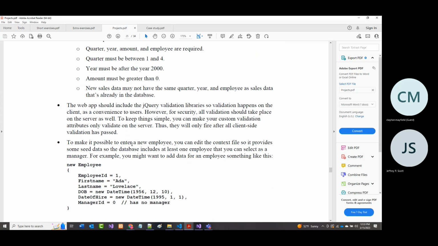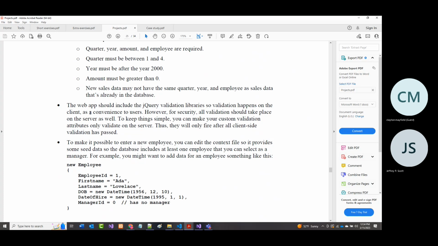In addition, we are going to include the jQuery validation because why? You should know this already, that typically if you've got a form that you're going to be submitting to a server, you will first validate the form on the client side. If there are any errors, you will make the user fix those errors before you go and send that form to the server. But once it gets to the server, you will typically run either the same set of tests or very similar tests to make sure it works there.